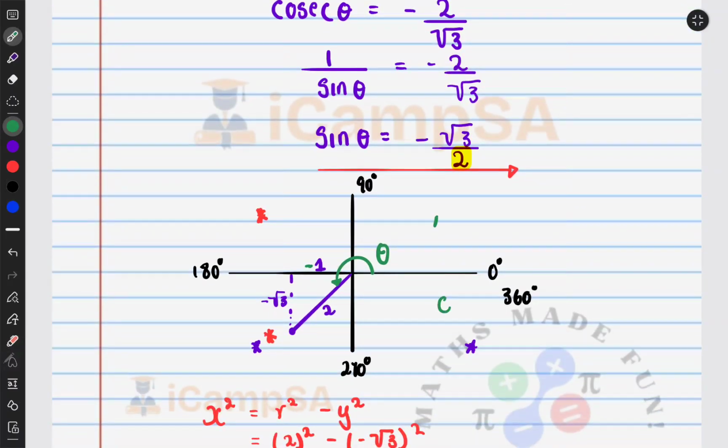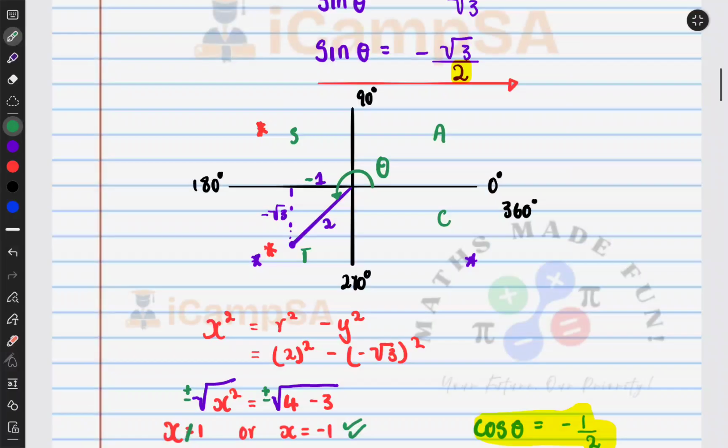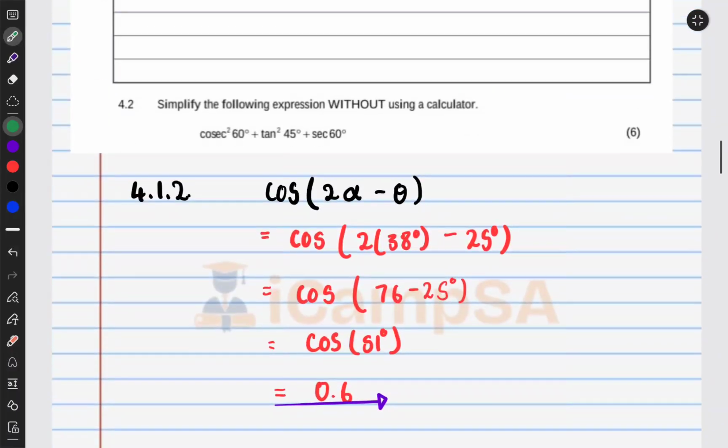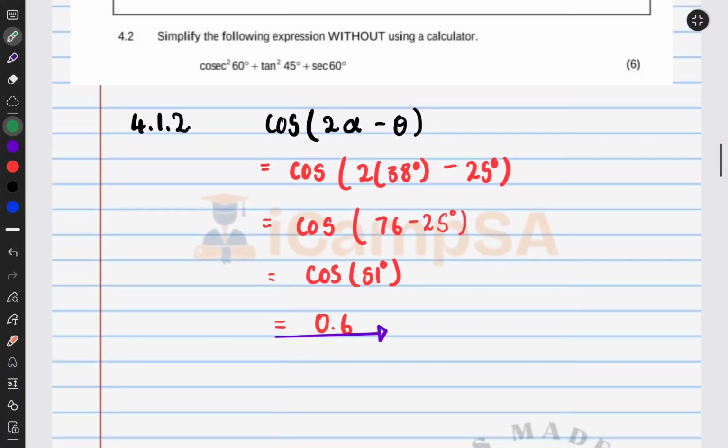Remember your CAST method. Only sine is positive in the second quadrant. Okay, so I just wanted to take a little bit of a shortcut there. And then for